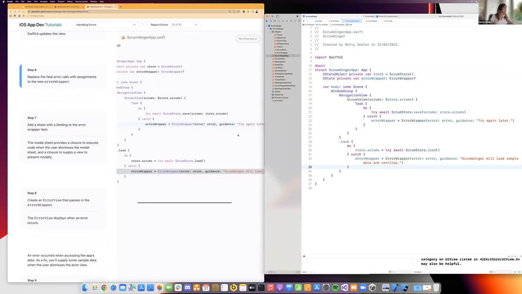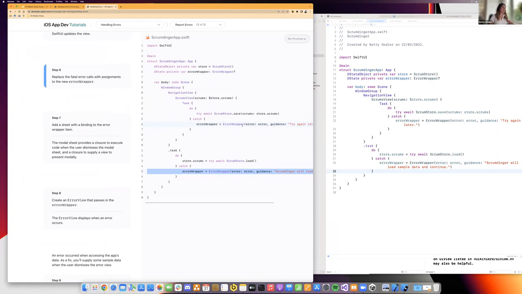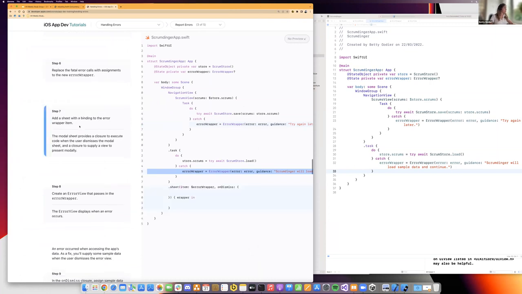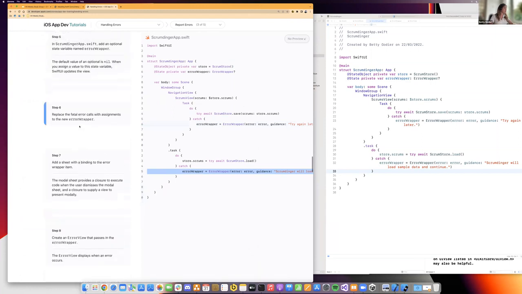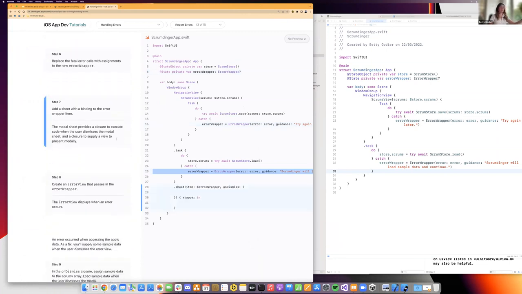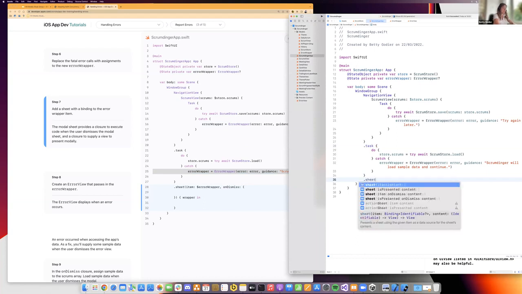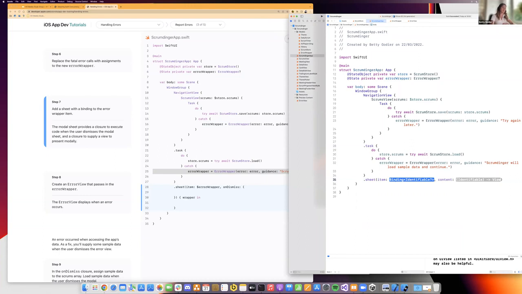Add a sheet. I will do it like that. Yes. Add a sheet with binding to the error wrapper, and at the same time, replace the fatal errors. Now, just after the task, click after the curly bracket in order to know where is the end of it. It's an item binding, so you remember you have to put the $ sign and to have error wrapper. It's not a content. I made a mistake, but